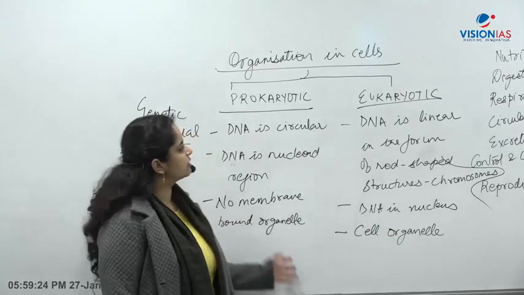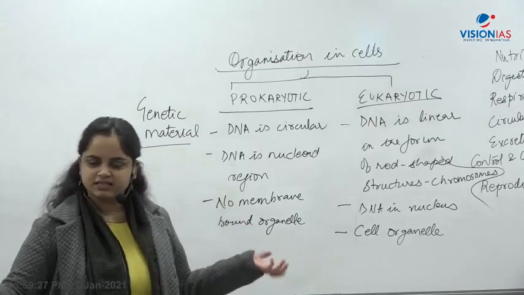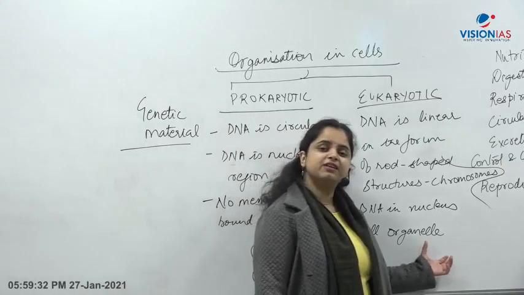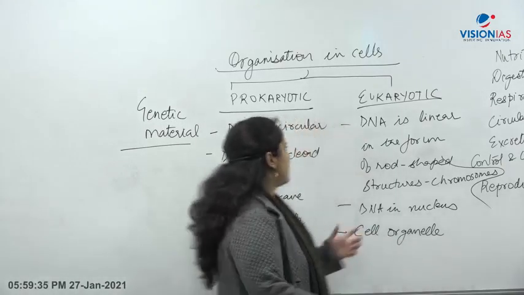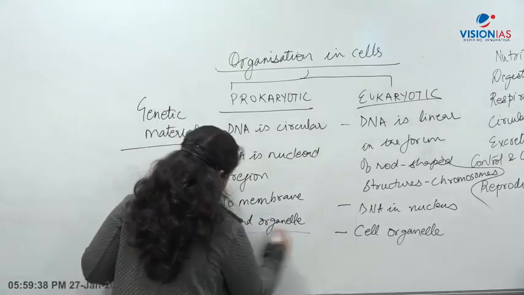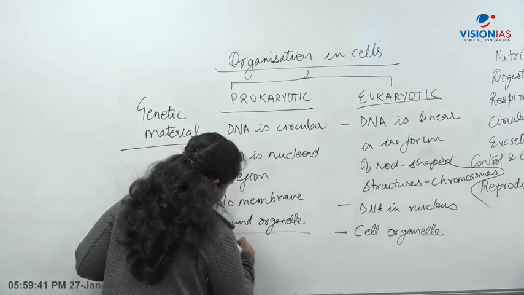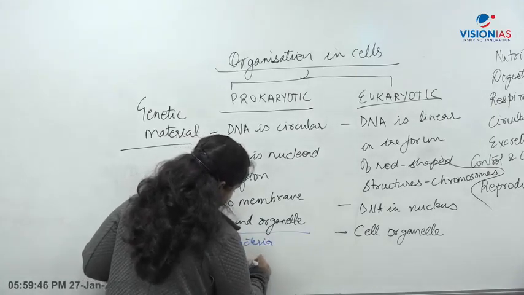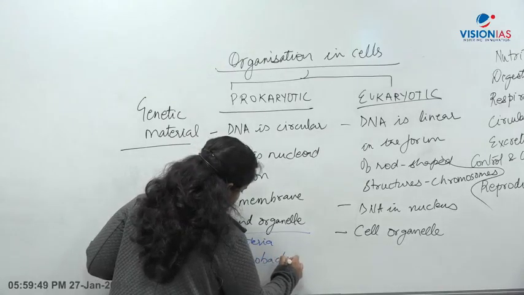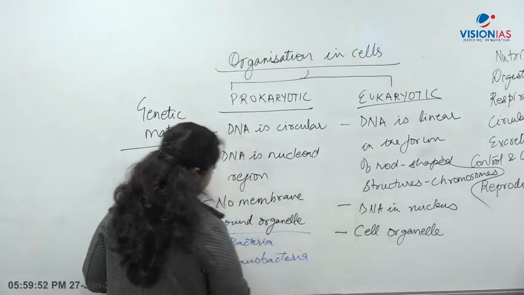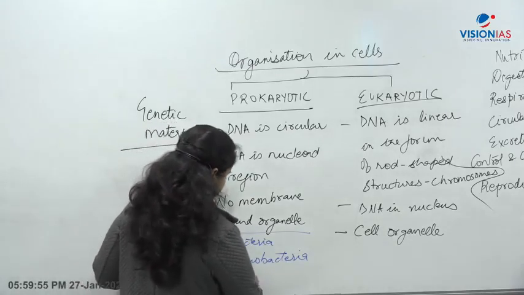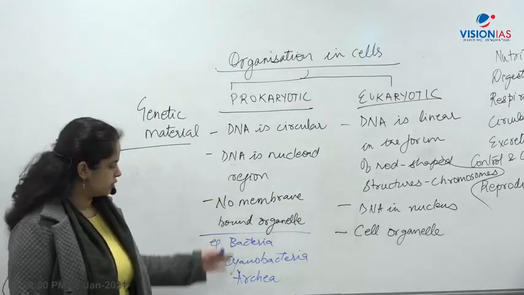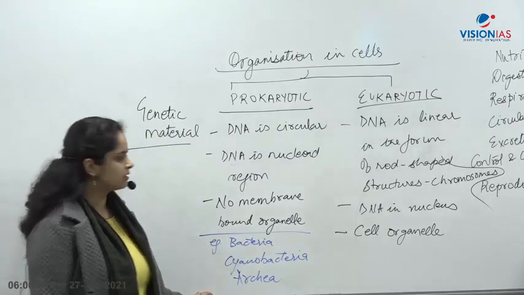Okay, so this you can say is a simplistic pattern, a simple cell. This was developed earlier. Eukaryotes came to be developed on later on, but even today we have some prokaryotes which are there. The examples would be bacteria, or you have cyanobacteria. Okay, at some places you will also see the word used archaea or archaic bacteria. All of these are prokaryotic organisms, and